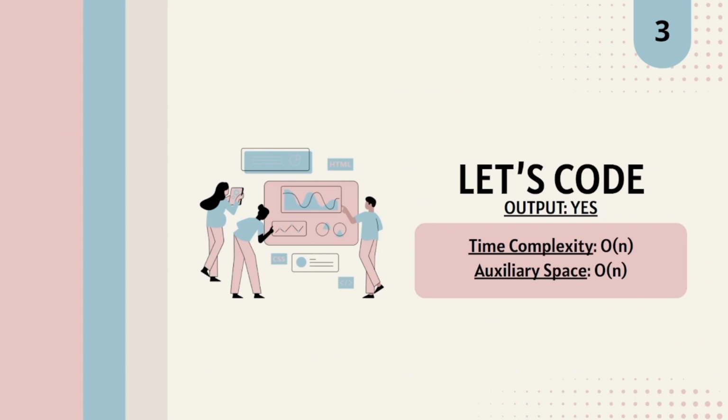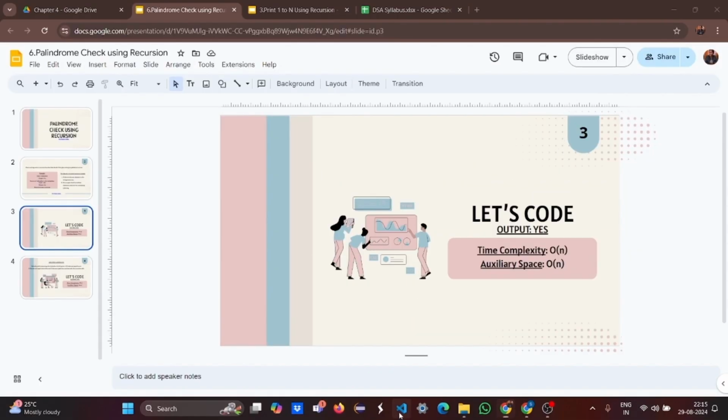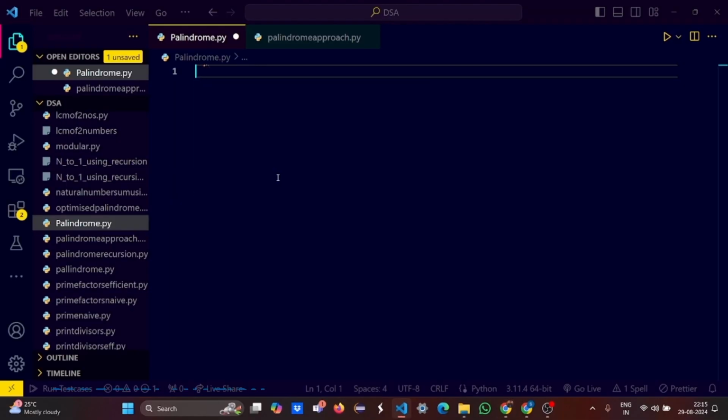Here your time complexity is going to be big O of n and auxiliary space is going to be big O of n as well. So what you guys have to do right now is stop here for a minute, pause this video and go back to your text editors, write down the code and come back again and check. This is the way you're going to learn. So now let's move to our coding section and let's write it down.